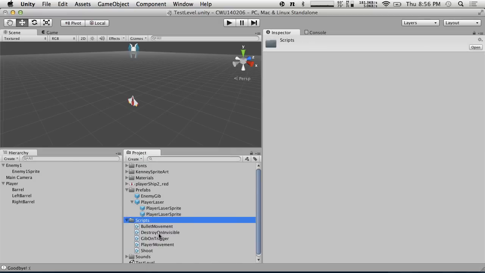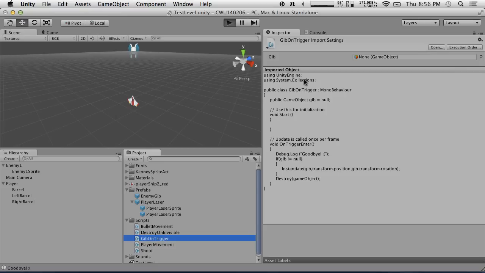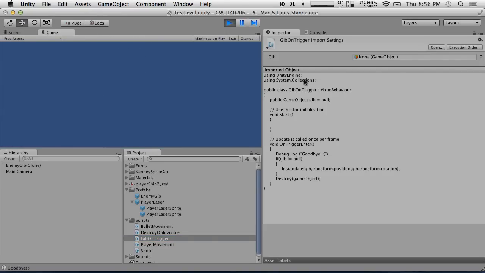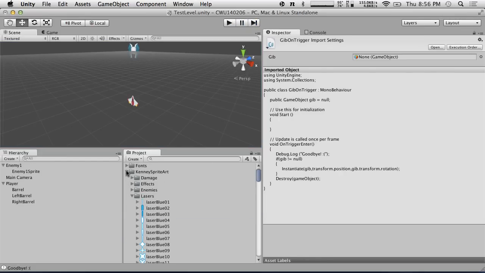Actually, I don't think I have to create a new script. So we have gib on trigger, right? This is why we do component-based. Let's put it on the player. And so now, if we hit play and we run into our enemy, we both die. We don't have a little explosion effect for our player. What I'm going to do is